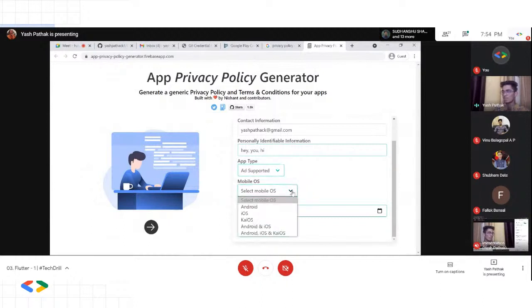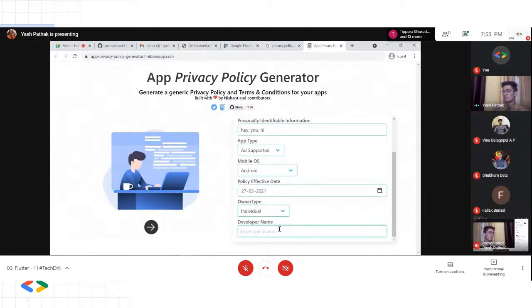And I have to select the mobile operating system. In my case, it's Android. If it's for Android and iOS, then there is a different privacy policy you have to manage. So in my case, let's say it's Android. And I have to select from which date I want it to be effective, like from today only. The owner type is individual. I am an individual, I don't own a company as of now. I'll just click here. I'll type the developer name as,